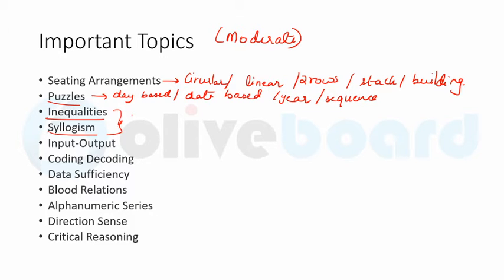Now, you know that there are 30 questions in 30 minutes, 60 marks, right? So, reasoning has to be prepared well because each question will be of 2 marks. And guys, please remember that there is no sectional cutoff. It has been mentioned in the notification that there is no sectional cutoff. They will be taking the aggregate score, right? So, you have to